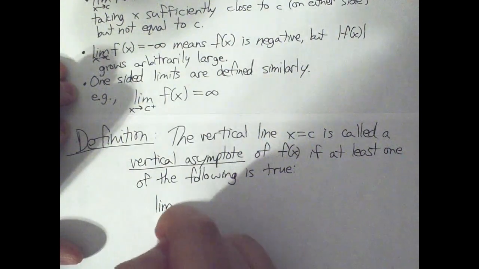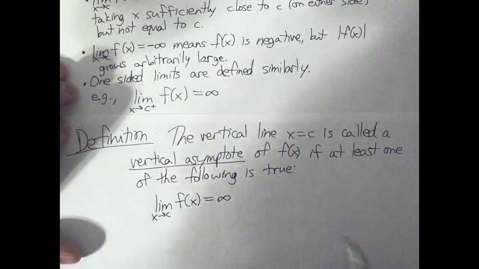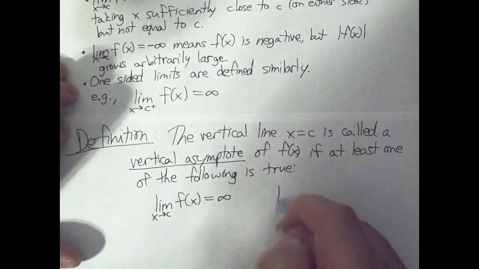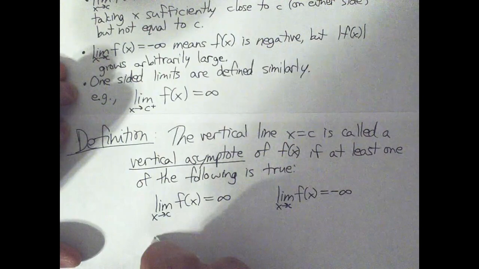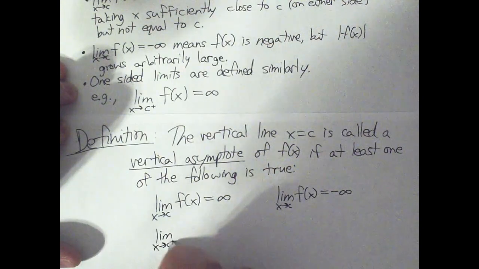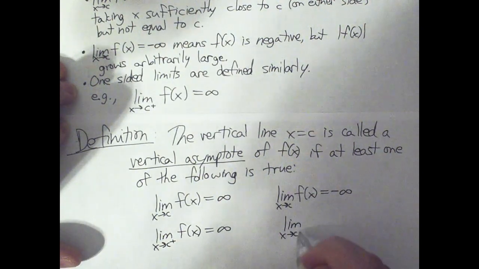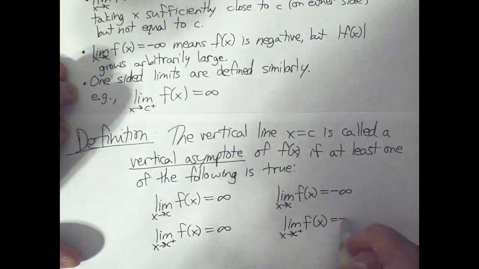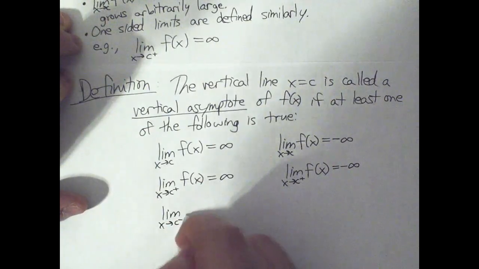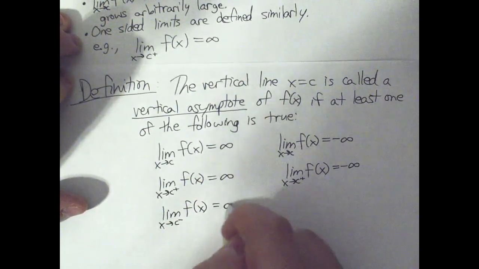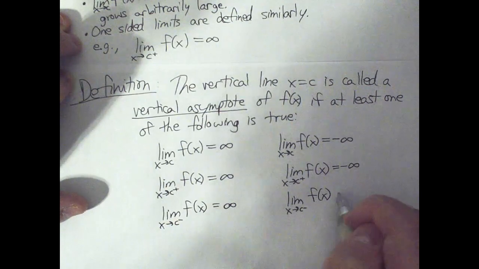And it's going to be that the limit goes to infinity, or that the limit goes to negative infinity, or the one-sided version of these. The one-sided versions are also considered vertical asymptotes. So altogether, we're going to have 6 things here. The limit, the left-hand limit, the right-hand limit. If at least one of these happens, you say there's a vertical asymptote